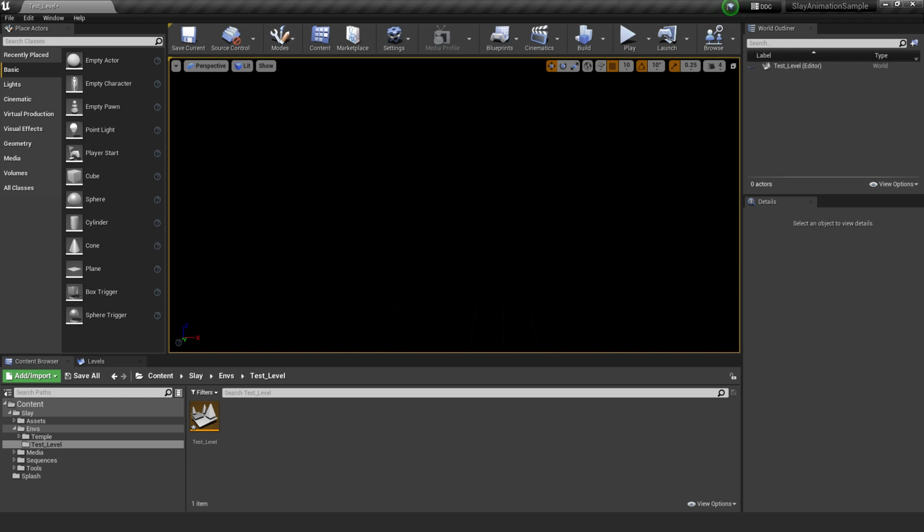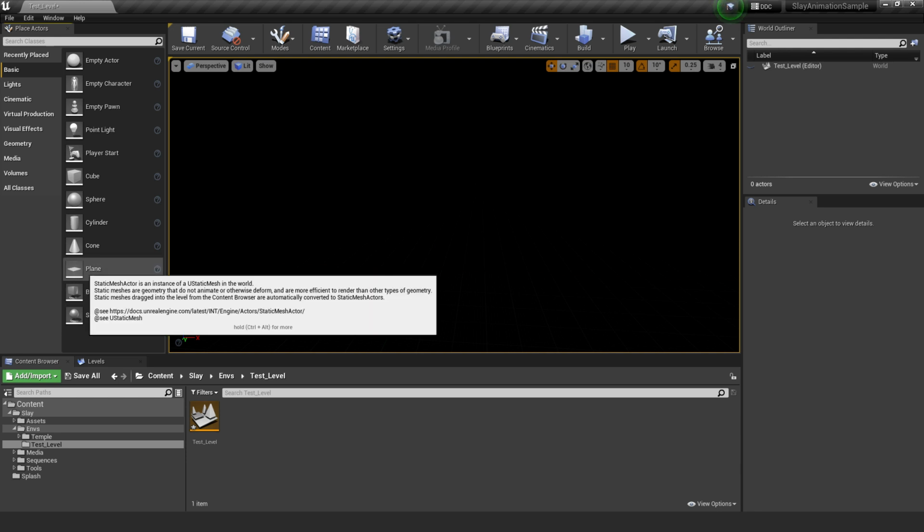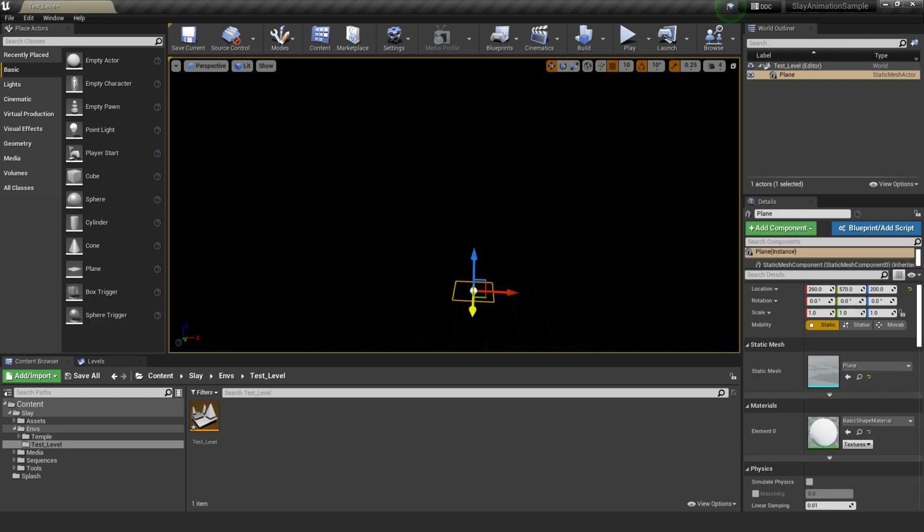Just to start filling in our scene a little bit, we're going to go to our basics, then go down to our plane, and click and drag the plane and throw it anywhere into the scene. That's not going to matter too much, as once we throw it into the scene, it'll be highlighted and selected. We'll then go to its location in the details panel and zero out its location. As a good habit, whenever you start your scenes, always place your things in the center of the origin.